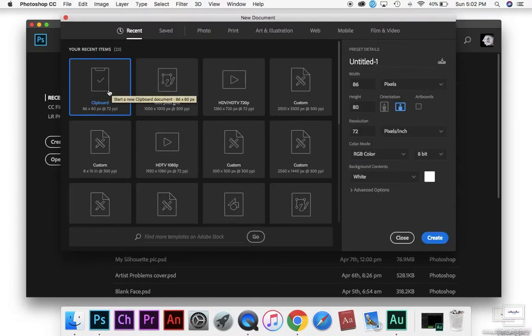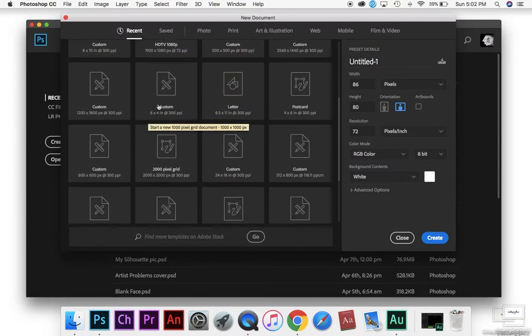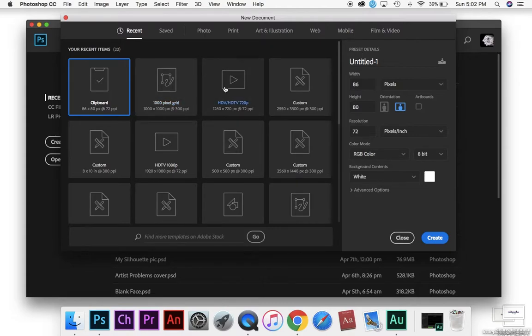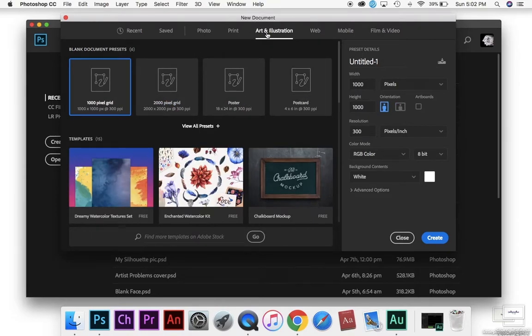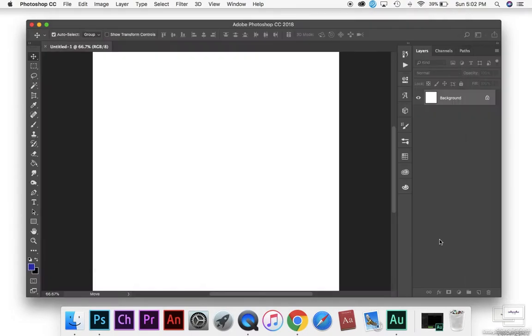Yours will probably just have one option, and it'll say default Photoshop size or something. But I've got multiple ones here because I've used them before. I usually go to art and illustration because I'm more of a digital drawer, and I'm gonna go to the 1000 pixel grid because it's just a square and it's the most basic one. Alright, now